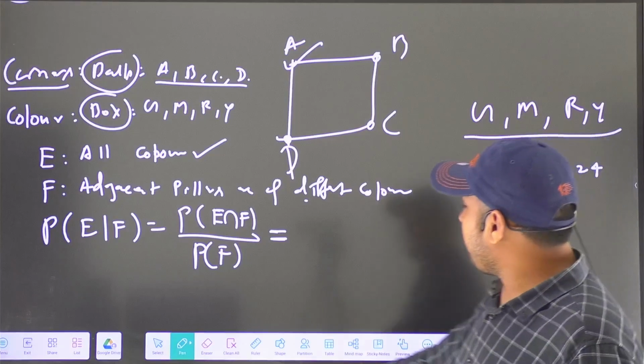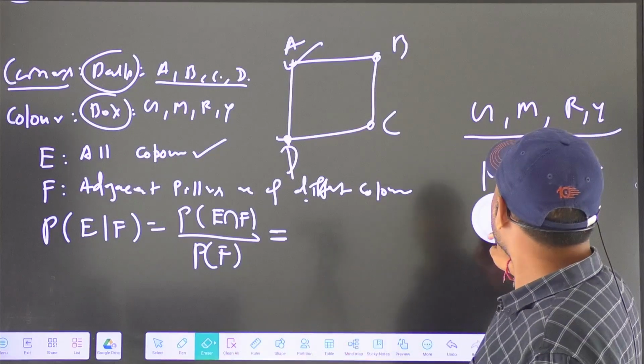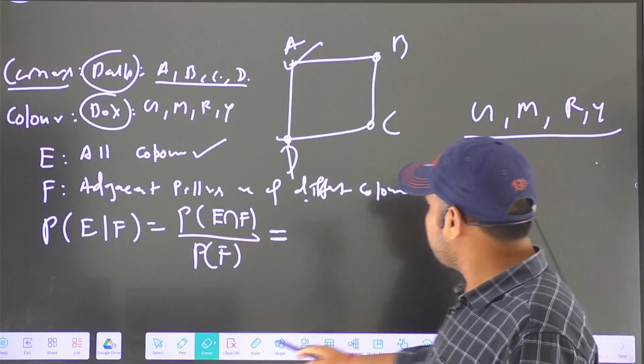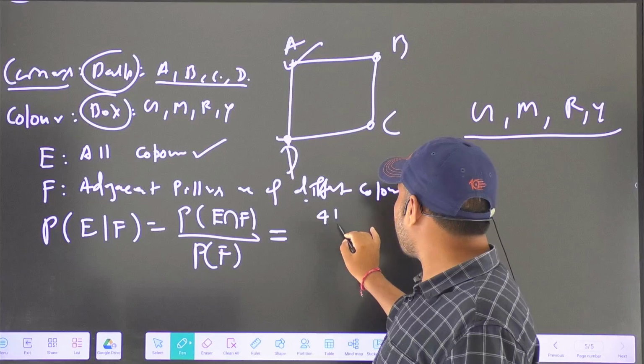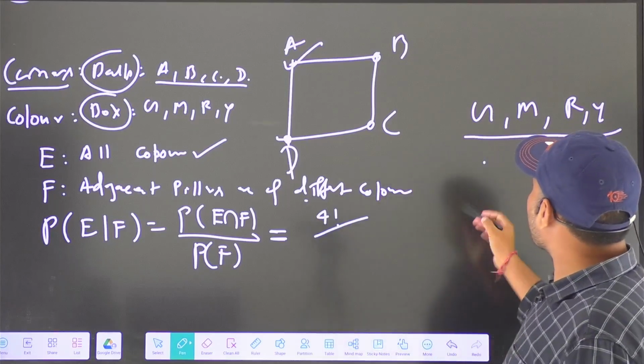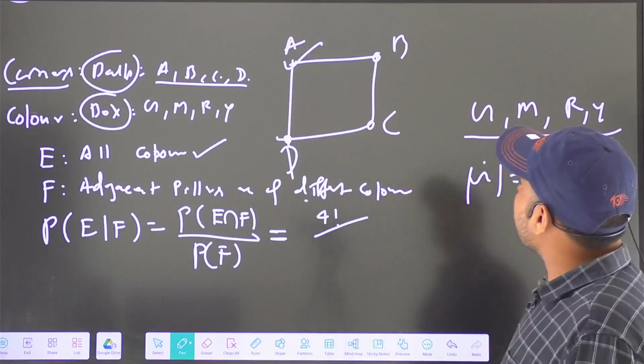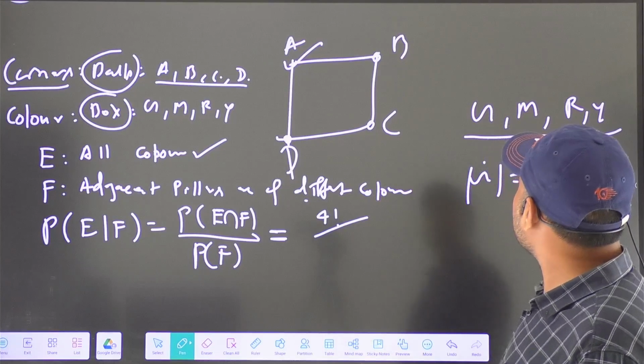Oh, but here, no, no. The total number of paintings in different 4 colors is 4 factorial, right? Yeah, it is 4 factorial. But how many total ways do we have that we can color? 4 raised to 4. So